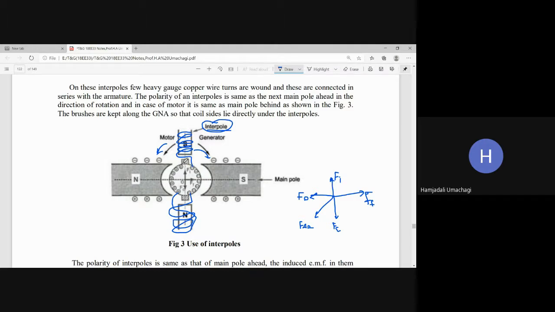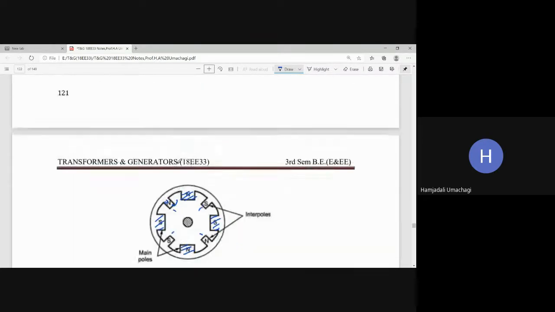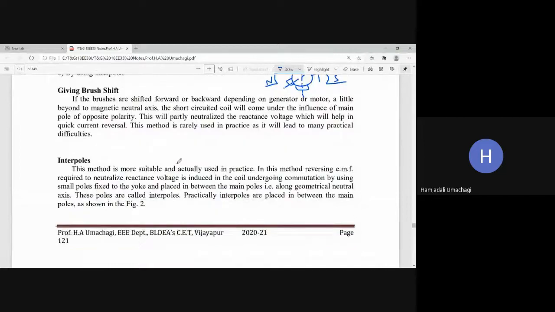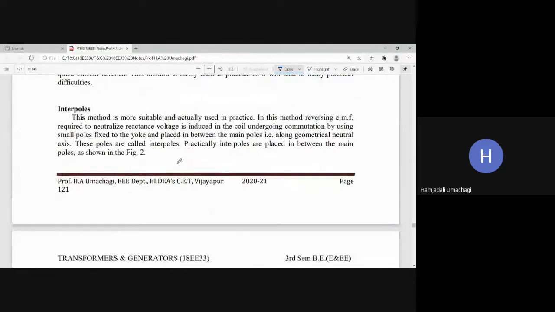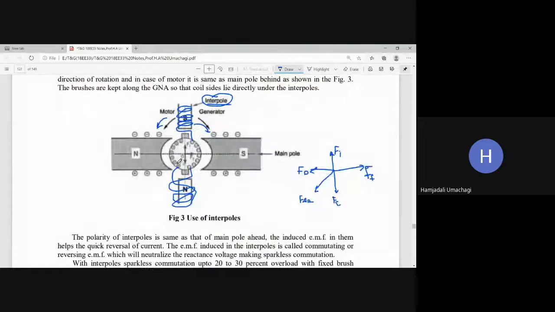So altogether, to cancel the 360-degree armature reaction effect, I should have both compensating winding as well as interpoles. Interpoles take care of the armature reaction along the MNA, the brush axis, whereas the armature reaction in the rest of the polar region is taken care of by the compensating winding. So this is all about interpoles. Firstly, it balances the voltage by improving the commutation, and secondly, it is going to reduce the armature reaction.